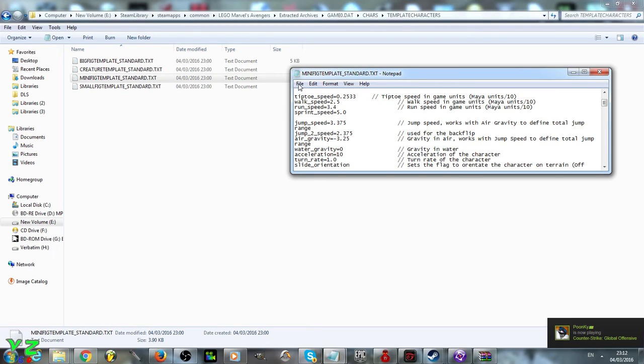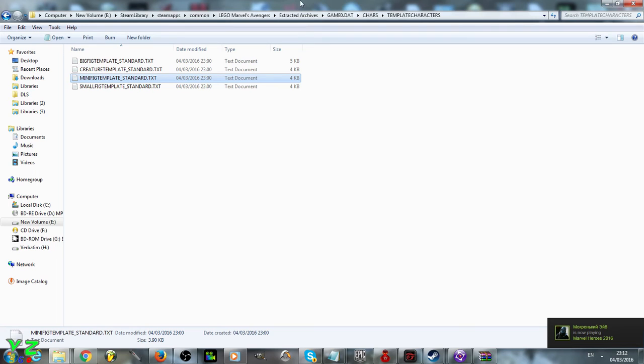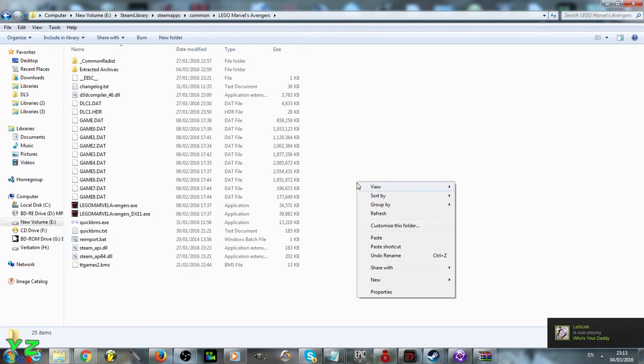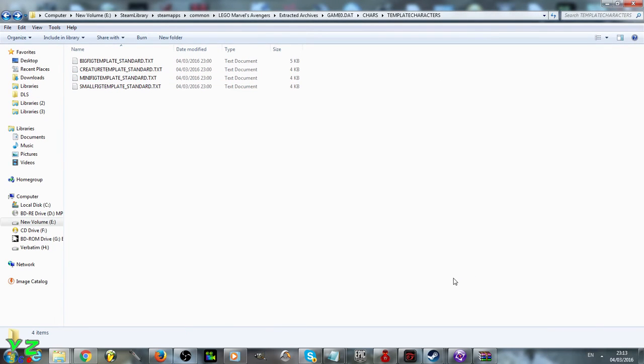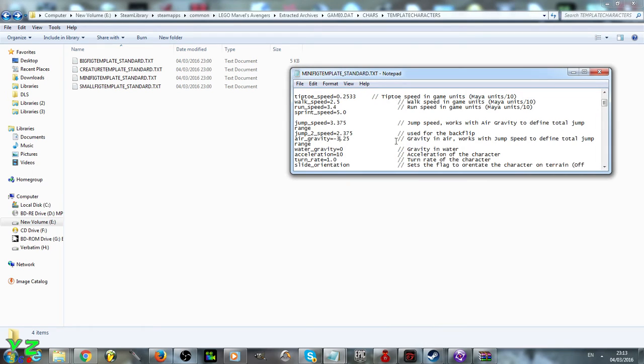The file will need to be saved. Oh, again, before we do that, let's just in case save the original file. So copy, go to the Lego Marvel Avengers folder, and just paste it here for now, just in case something goes wrong, because with computers you can never be too sure. So yeah,